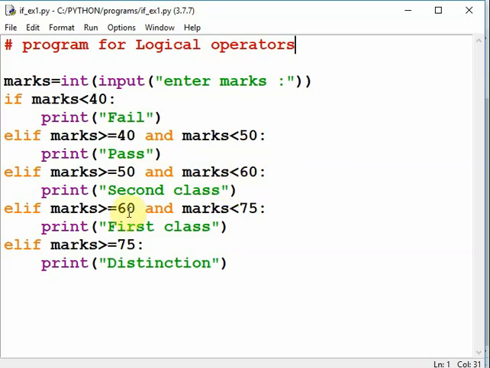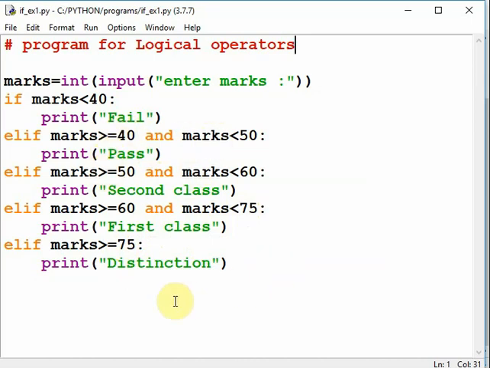If the marks are 60 to 74, result is first class. If marks greater than or equal to 75, result will be distinction. Therefore, for AND logical operator, both conditions should be true.